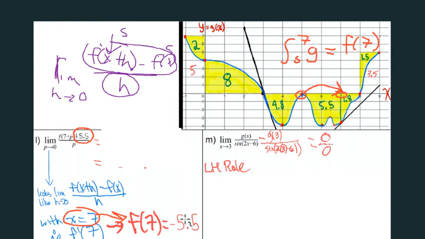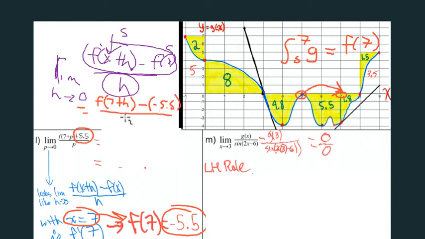The area's under the curve. Look at that. So what this really is then, if I write it out, is f at 7 plus p, well, I'll just write it as an h, 7 plus h minus, oh, it's plus 5.5, which is minus negative 5.5